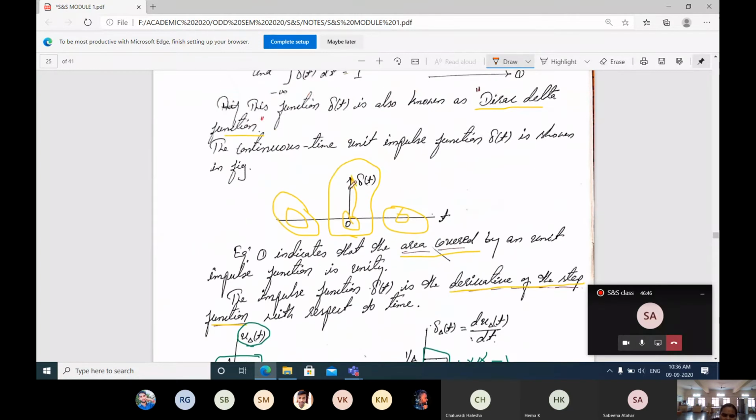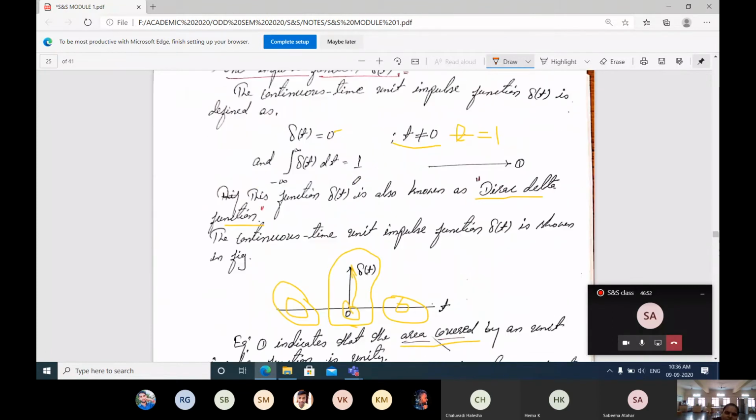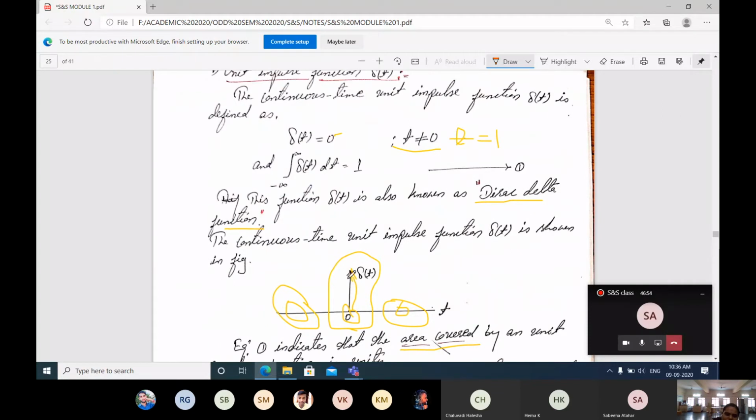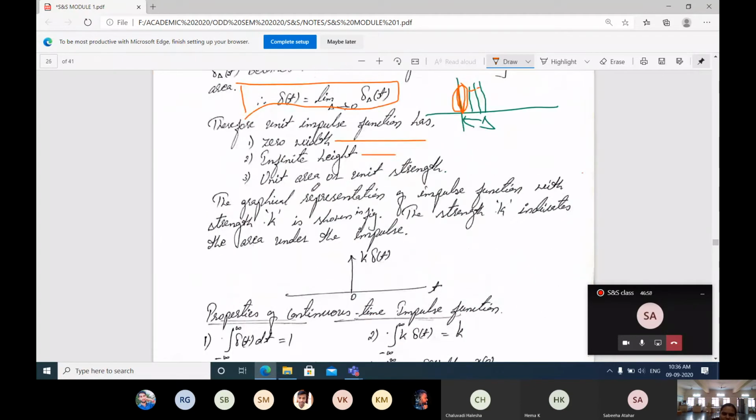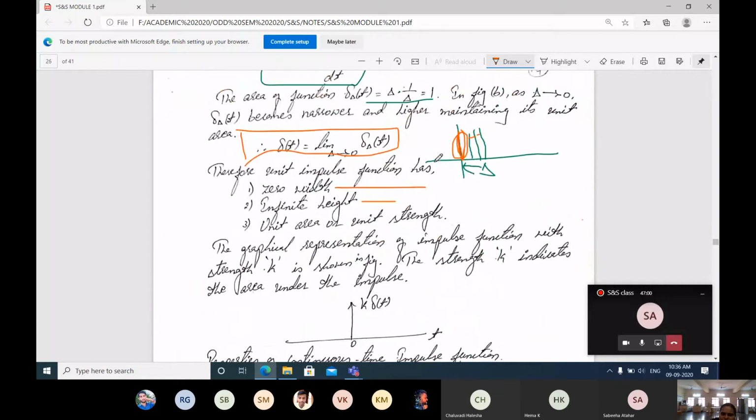Observe here, I didn't write only 1, it keeps increasing, we don't know what the value is. Based on which value we give, that value is going to be added here. Okay, infinite length, then unit area, because 1 cross 1 gives unit area. Here also we came across unit strength.